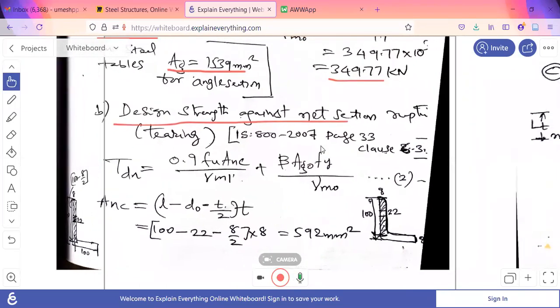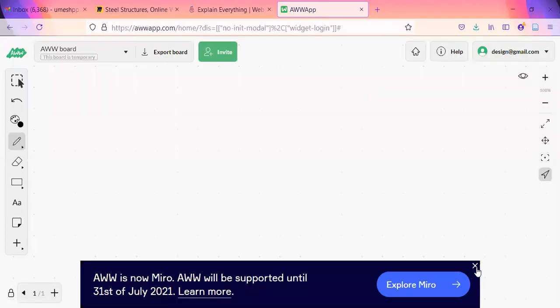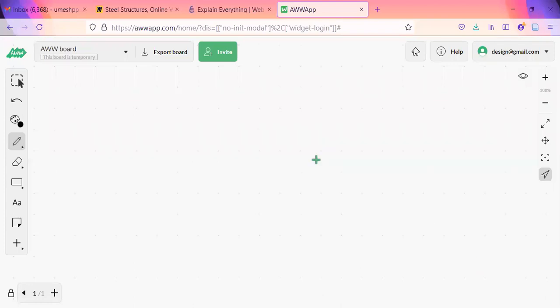This area, I think I should explain right now. Otherwise, this is a very tricky calculation. Only 30 students are there right now. How to find out the area of an angle section? See this one, because it is required. Totally A is given, but the area of each leg is not given in the problems. So approximately, I'll show you. This one is not there in the textbook. Just carefully observe this.